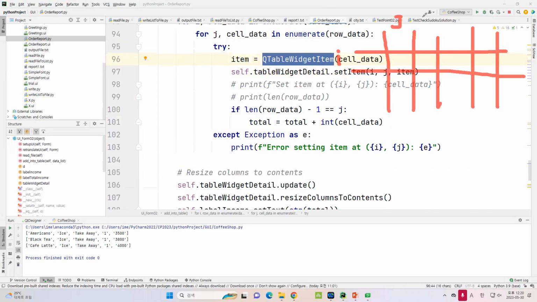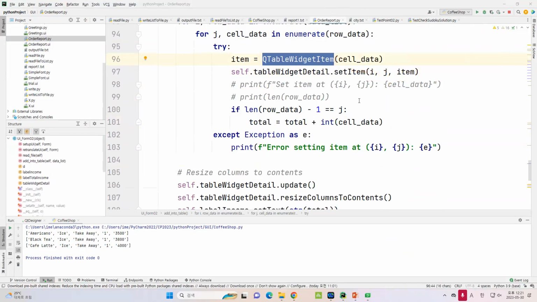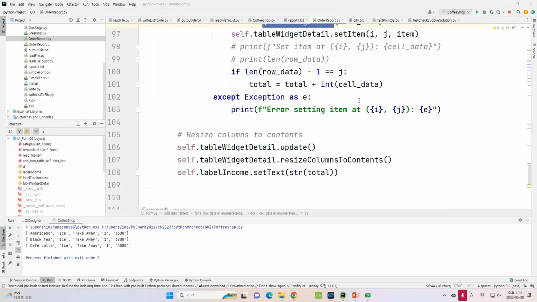You already learned about the two-dimensional list, so this is similar to that one. So I will put the item here, and then if J moves here, I will put another item here. If J moves here, then I will put another item here, and so on. And then